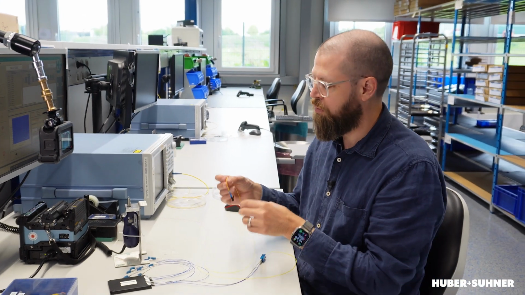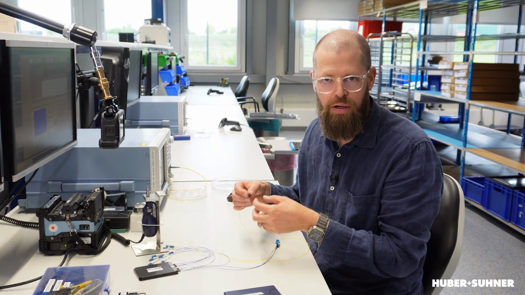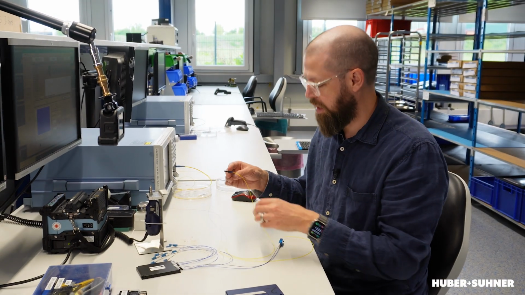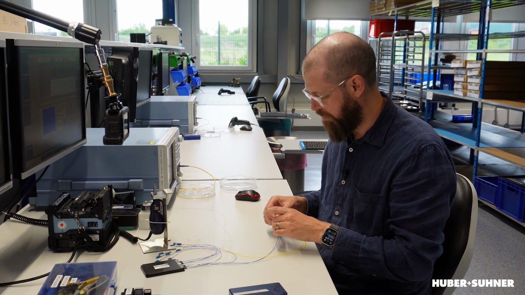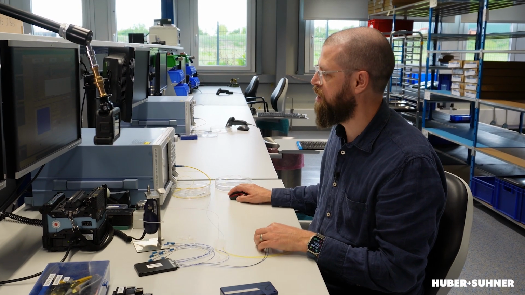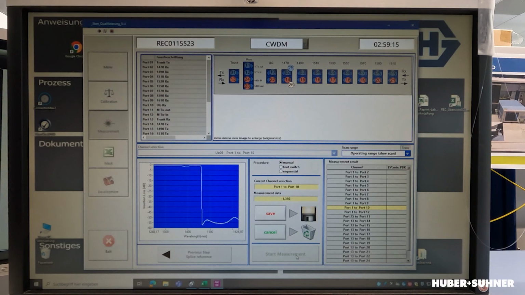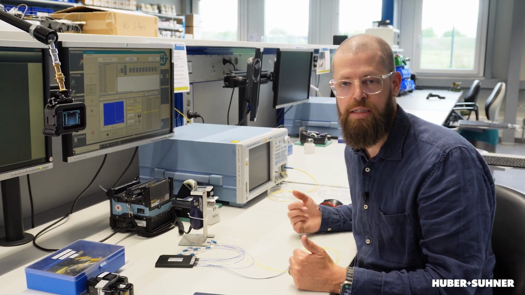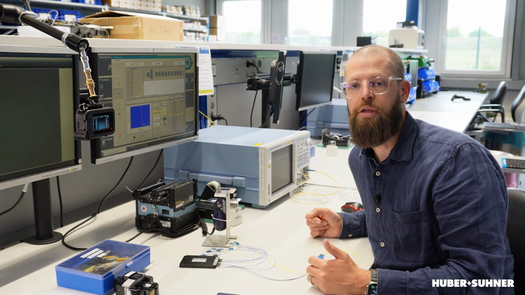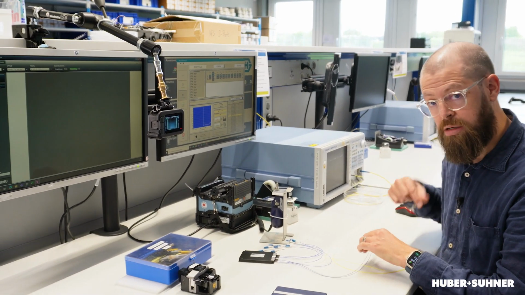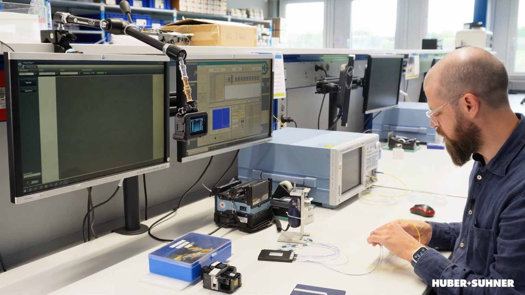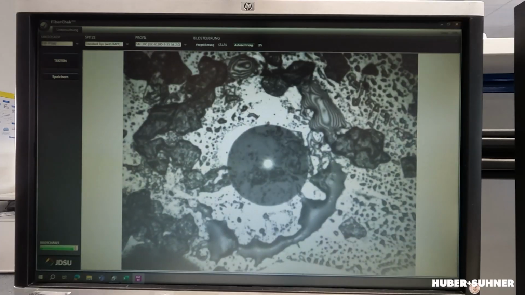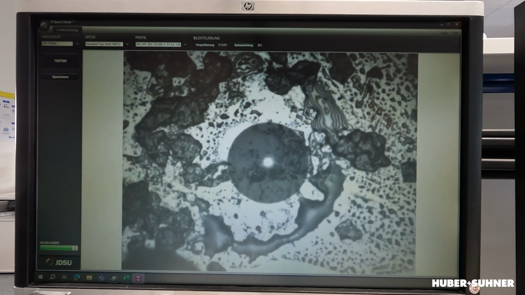Now, what can happen is, if I remove a dust cap or anything like that, it can easily happen that I brush over the fiber connection, and that has quite a significant impact, because if I reconnect that and reinitiate a measurement, as you can see, the optical performance has decreased quite significantly, so we're 0.3 dB higher insertion loss. So now let's have a look at that connector that we just briefly brushed over underneath the microscope, and as you can see, it is really quite dirty.